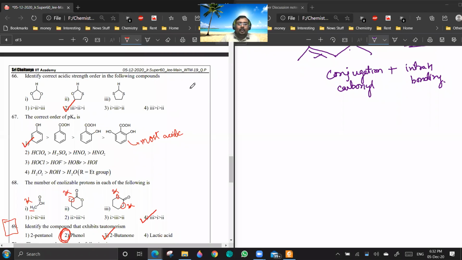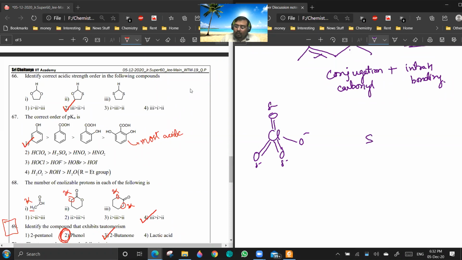The reason behind the acidity is that in ClO4 minus, the negative charge can be delocalized here, here, and here. Are you getting a point? In SO4 2 minus, if you are talking about the first pK, then it can only be delocalized to 3 atoms. Are you getting a point? In case of NO3 minus,